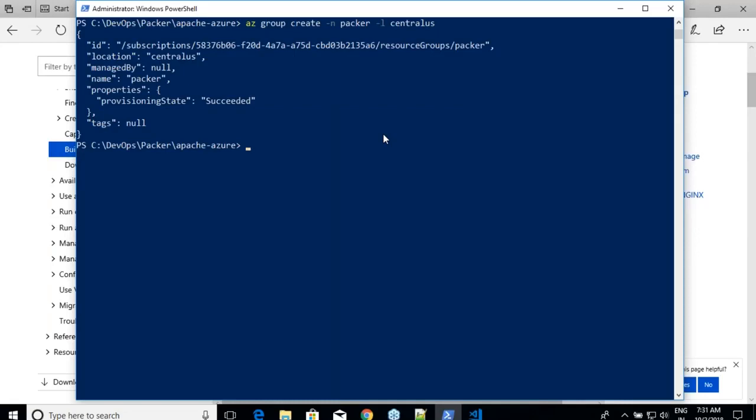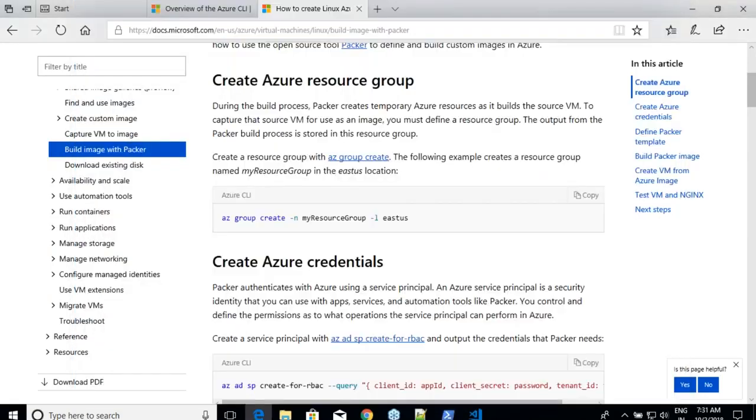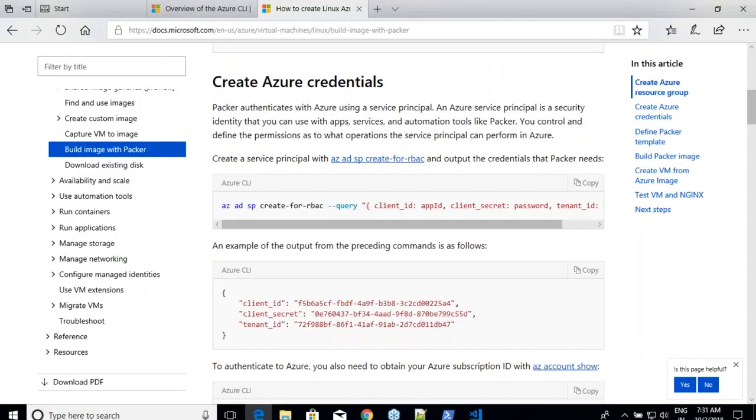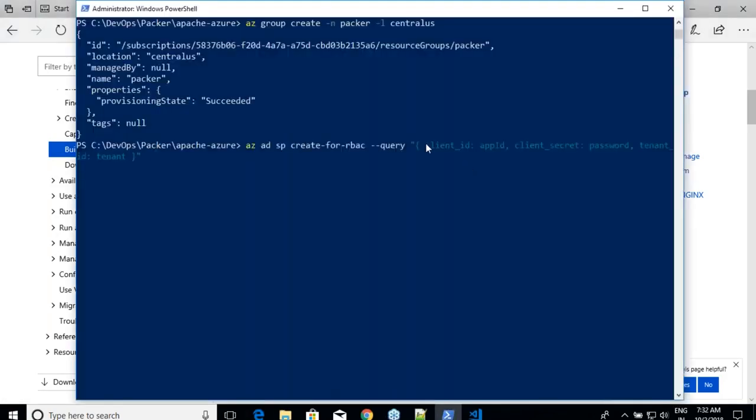Now let us see the next step. Get Azure credentials. This will work only when you log in. If you don't do az login and try to do this activity, you will not see anything. If you are seeing over here, basically adding a service principal is creating a contributor role, giving role based access to a particular tool, which is Packer, right? The moment you do that, you get these three things: client ID, client secret, and then tenant ID. Not much logical. Just copy this and run through.